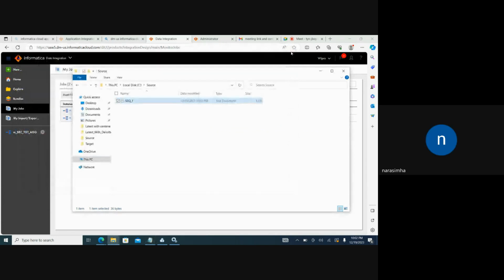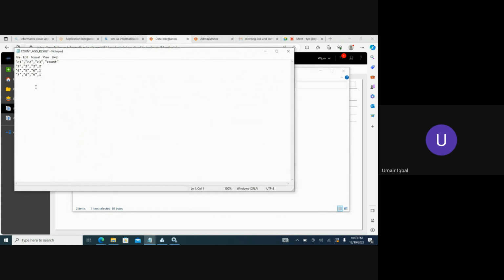Did you open the target? You opened the source? Yes, we were in the source, but let me open the target. Yes, we got it, right? So we can see the effect of that newly added record, right? Correct. So that's it. Now let us try to perform